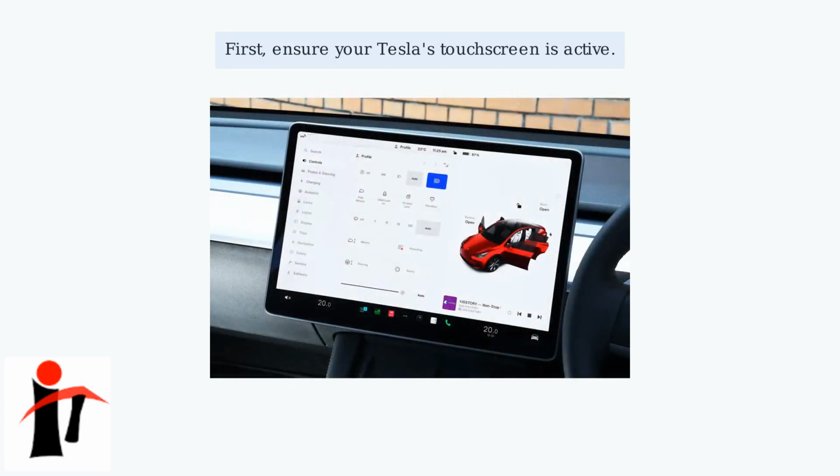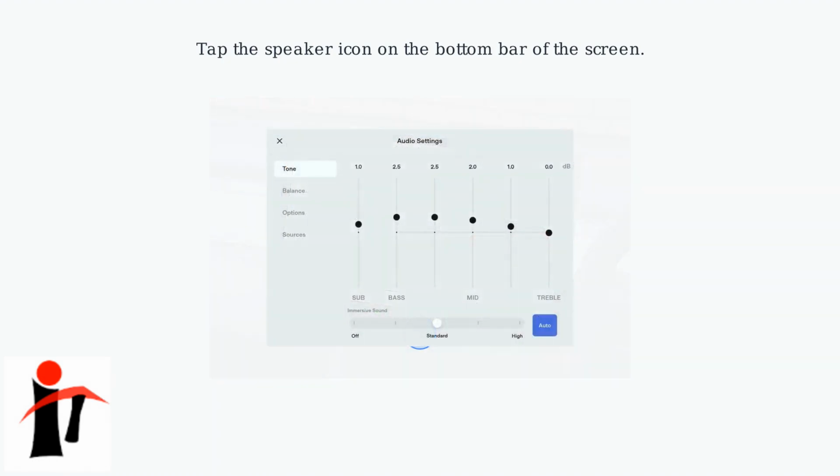To access the audio settings in your Tesla, first ensure your vehicle's touchscreen is active and displaying the main interface. The touchscreen should show the main controls menu, similar to this view with the Tesla model and current music playing at the bottom. Next, locate and tap the speaker icon, which is typically found on the bottom bar of the touchscreen interface. Tapping the speaker icon will open the audio settings interface, where you can see controls for tone adjustments